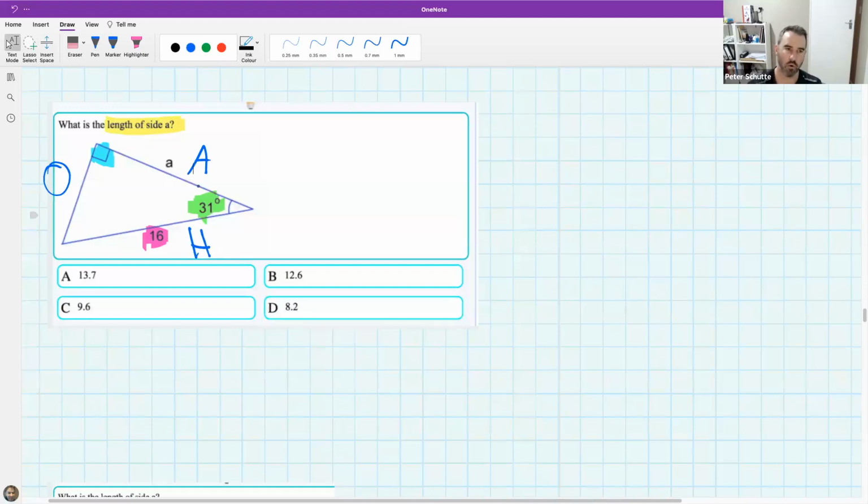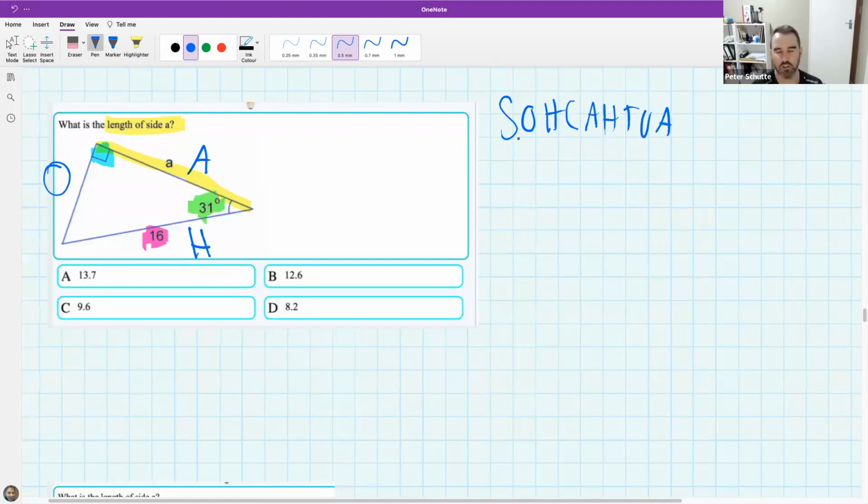And so in order to solve for this unknown side over here, what color should I use? Let's use yellow. In order to solve for this, I'm going to use trigonometry from grade 10. And I'm going to use the acronym SOHCAHTOA to help me. What SOHCAHTOA says is it gives me the names of the ratios that are stored in my calculator. So I'm given